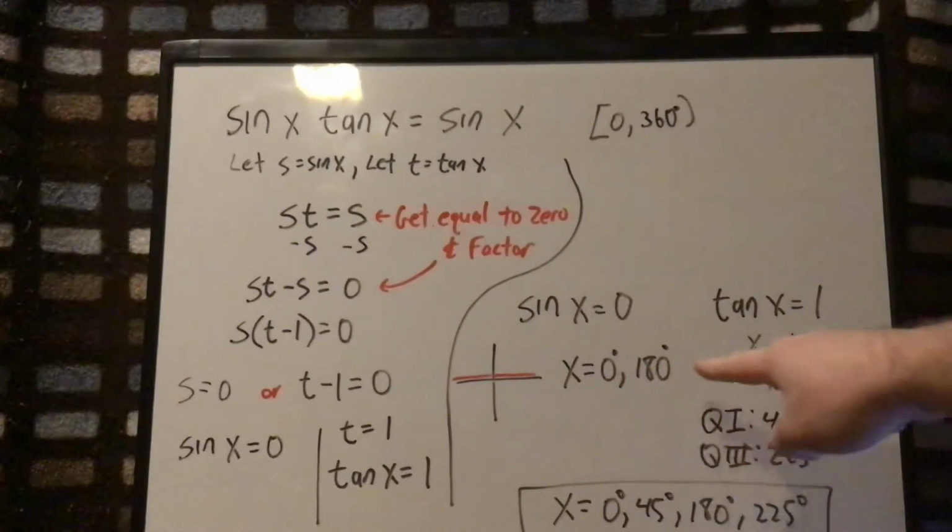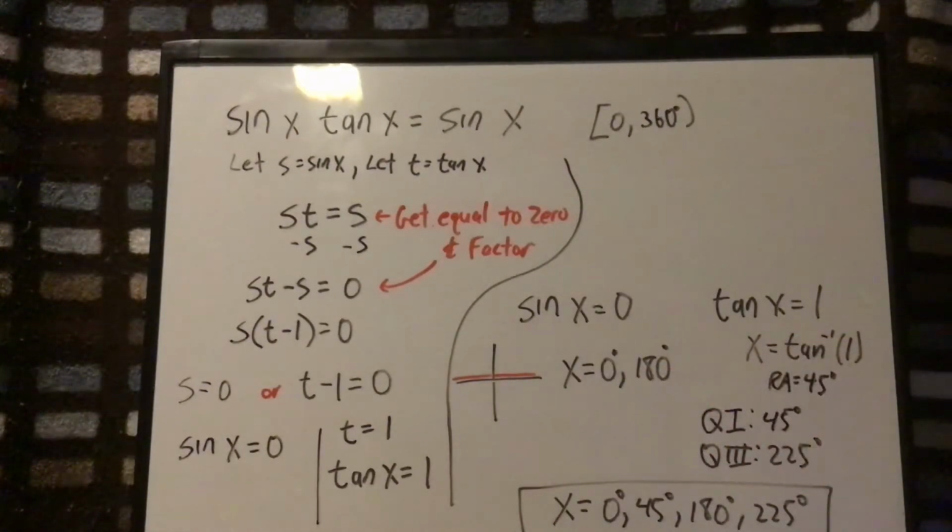It won't give you the 180. You have to realize that these usually have more than one solution. Now, you can't do the quadrant trick on this because these are on the borderlines of the quadrants. But this is where it helps to really know your trig values and know the unit circle, because basically